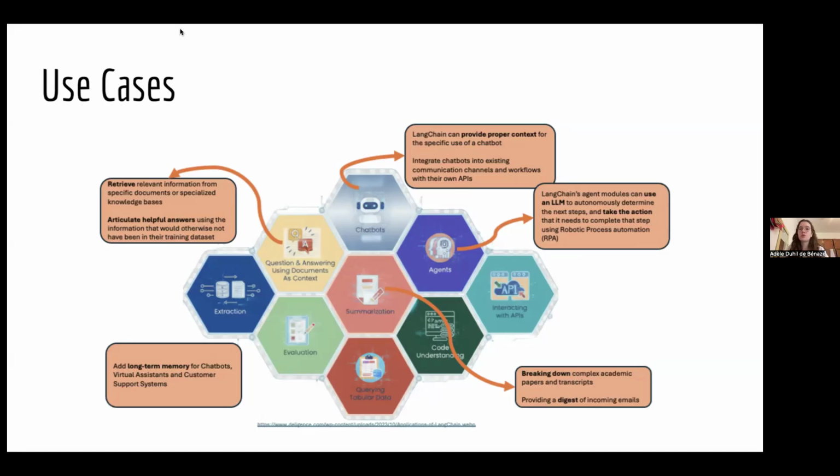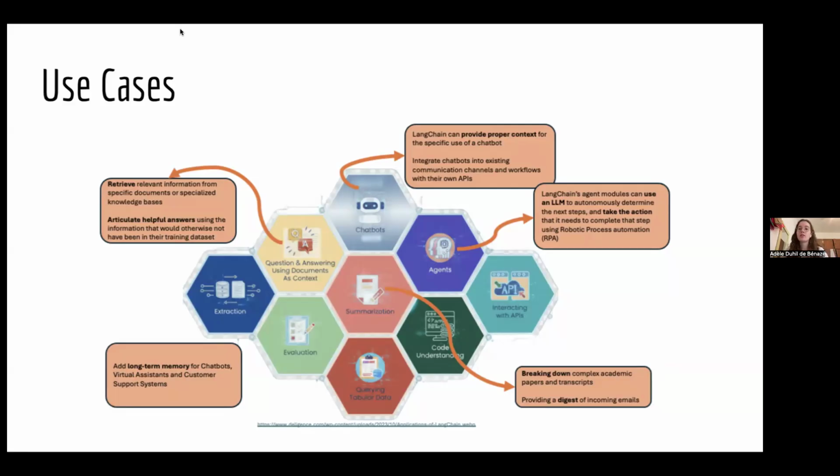So it's also really useful for data augmentation since it can generate synthetic data that looks like real examples and support machine learning pipelines. Moreover, Langchain can power virtual agents, so it can let an LLM autonomously decide the next step and then execute it, often through what we call robotic process automation, RPA.